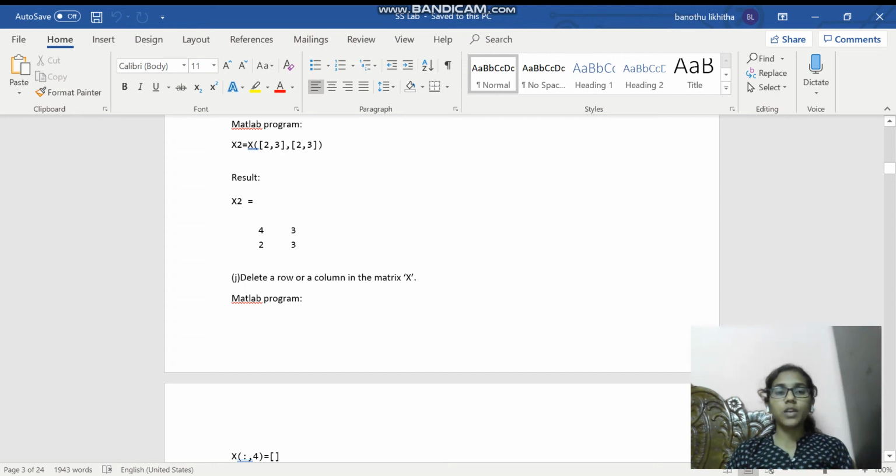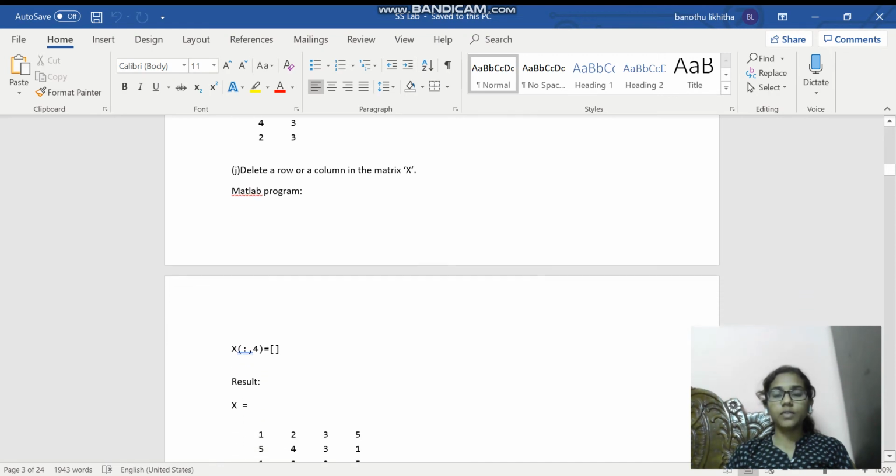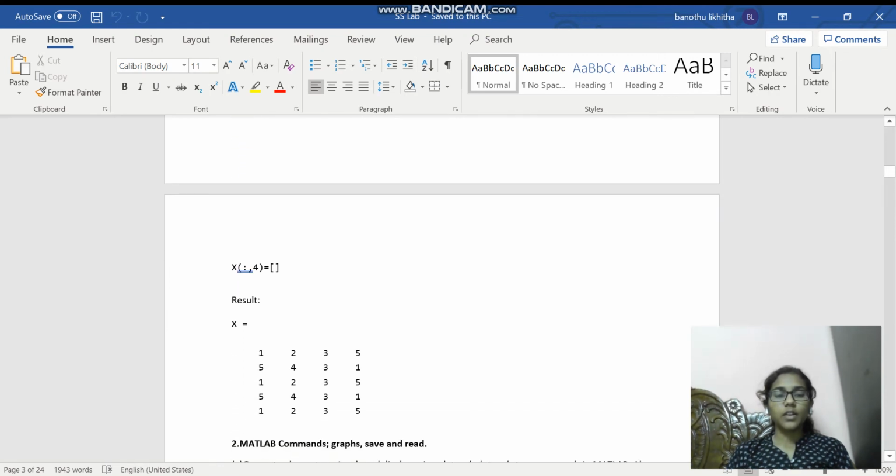Common elements are going to be in the result, forming the x2 matrix. And last one, we are going to delete a row or column in this manner. Here I am going to delete the fourth column and get the result like this.